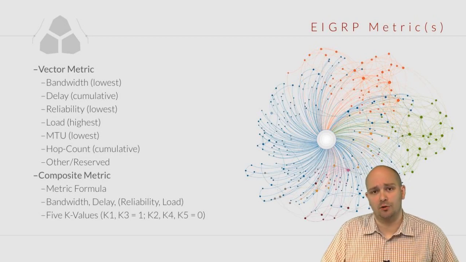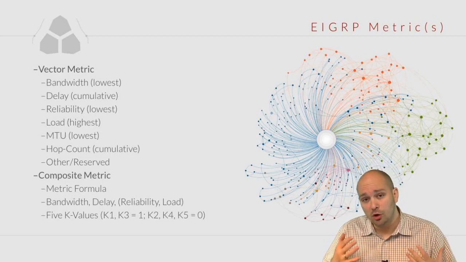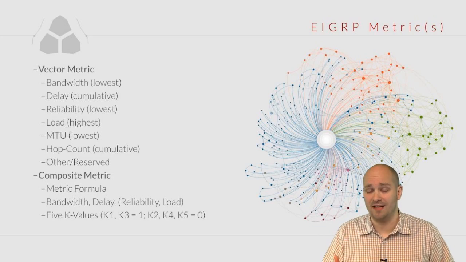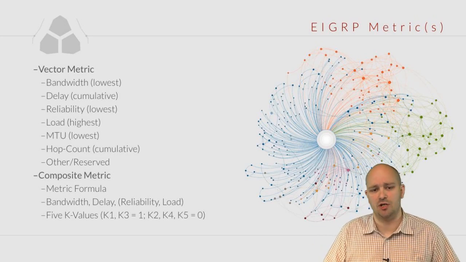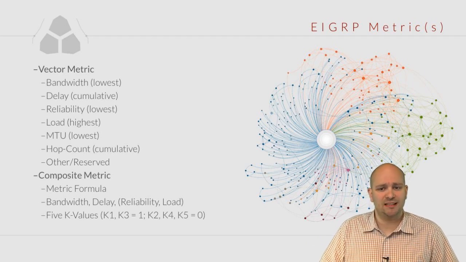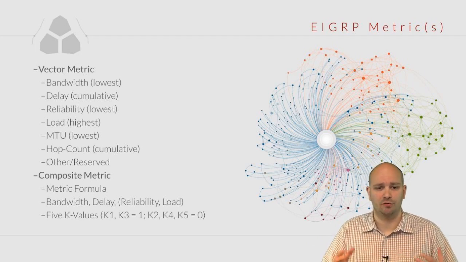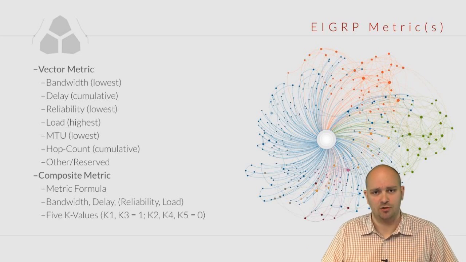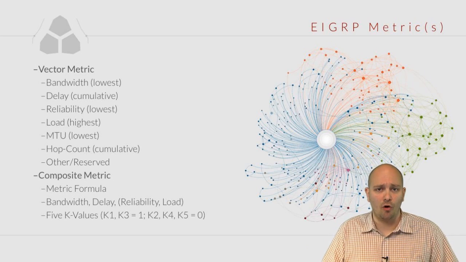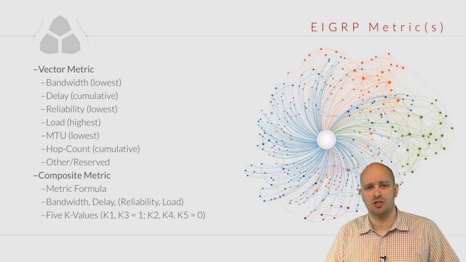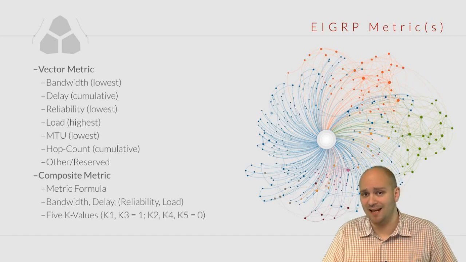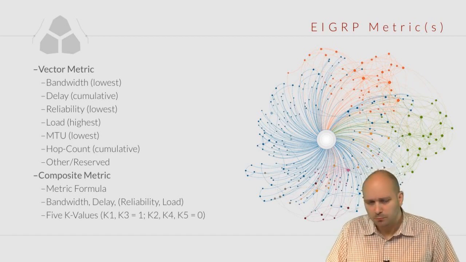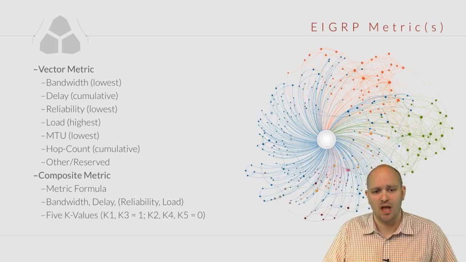The first thing that I would like to mention is that when you look at the output of certain commands that I'm going to show you in IOS, like for example show ip eigrp topology, you're going to see the mention of this term vector metric. Vector metric is simply the list of all metric-related information that is communicated and maintained between the neighbors and in their topology tables. What constitutes vector metric are